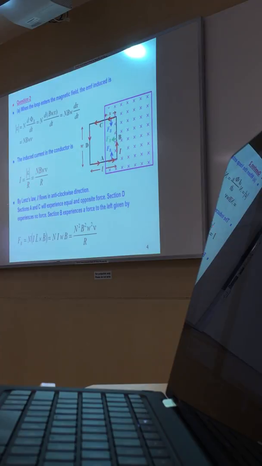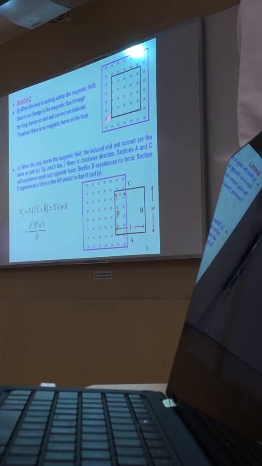Then the current gets very high. Then you get an even stronger force, and this stronger force further accelerates the loop. It's like a runaway situation. It moves so fast and generates so much energy, and you don't have to do anything. Can it happen? It cannot happen. Therefore, you know that this force must be opposing the motion. Is it clear? Okay? So this is the first part. For the second part, when the loop is